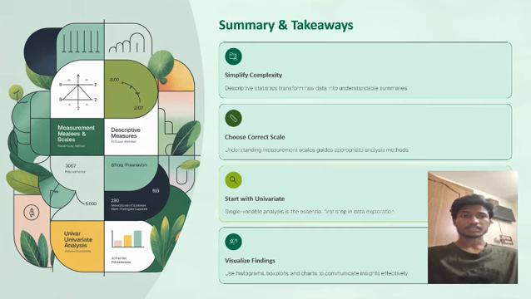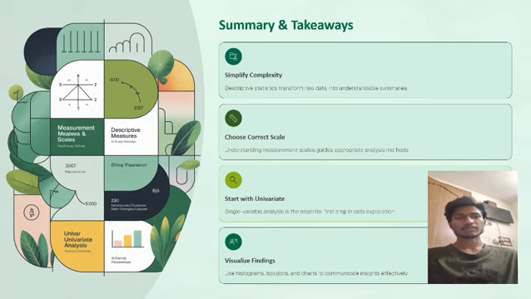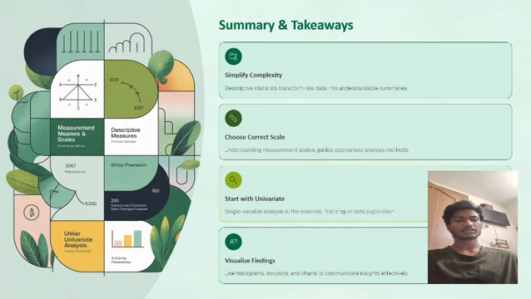Summary and takeaways. Simplifying complexity: descriptive statistics transform raw data into understandable summaries. Choose the correct scale: understanding measurement scales guides appropriate analysis methods. Start with univariate: single variable analysis is the essential first step for data exploration. Visualize findings: use histograms, box plots, and charts to communicate